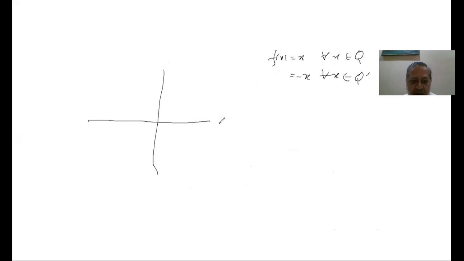now, rationals and irrationals are spread here. So y is equal to x will be something like this: images of all rational numbers on the x-axis, whereas for all irrational numbers on the x-axis, the images are negative. y is equal to -x. So that will be something like this. Or if I change the color,